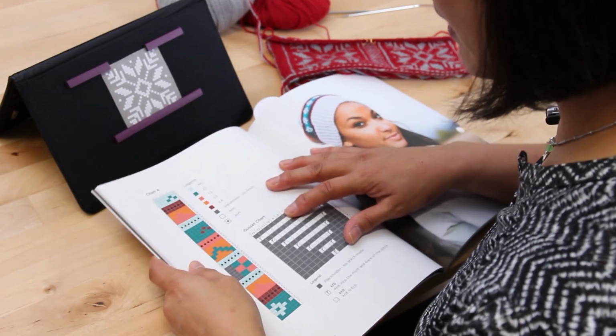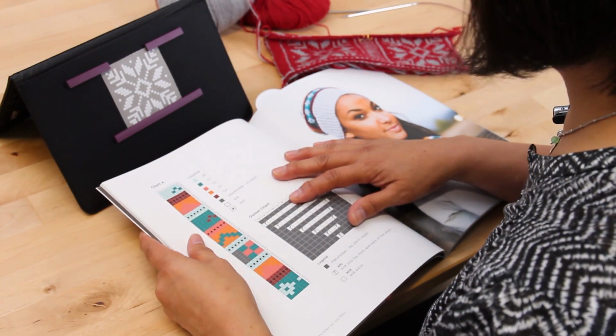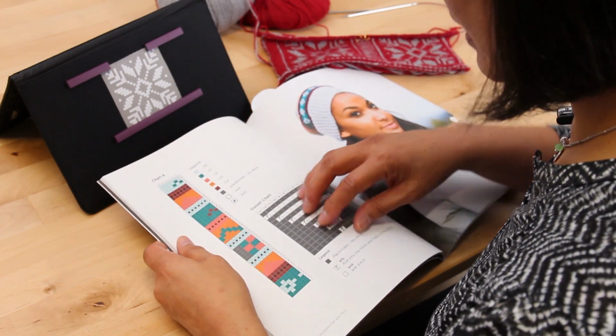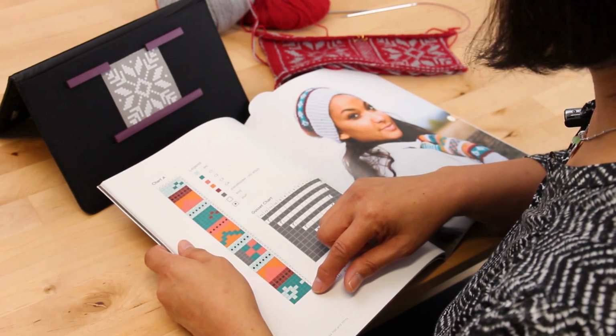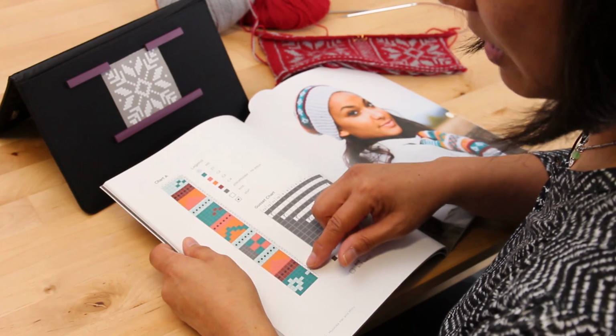So I wanted to talk about the different ways to keep track of where you are in your chart. All the ferrule patterns will be charted, and so you can see from this one that it's only 6 stitches across and 57 rows. This one may be short enough for you to do without needing to keep track, but a lot of times people will use just a simple post-it note to keep track of where they are going